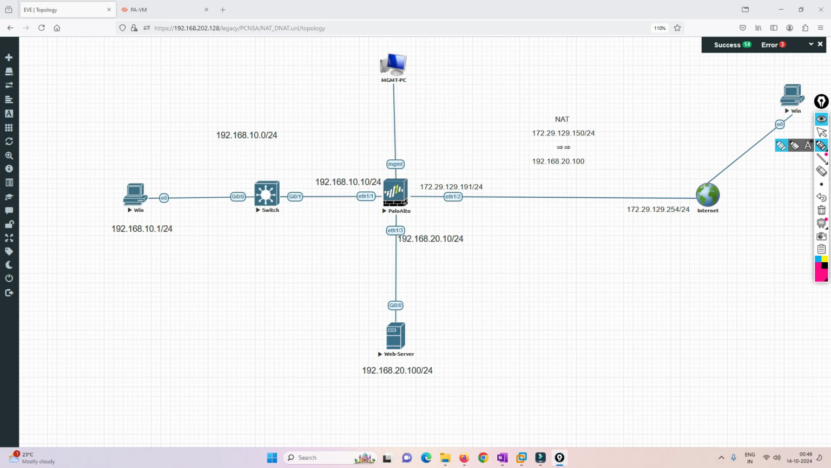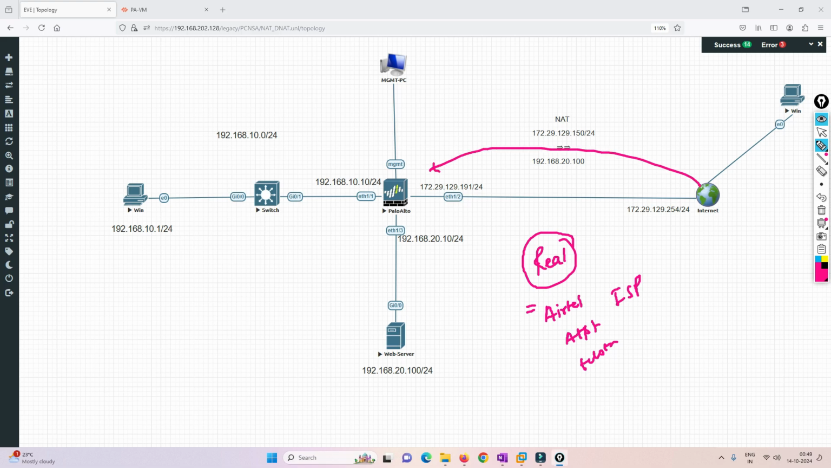Okay. Now in a real-world environment, what exactly happens is, let's say you are working with Airtel ISP or maybe AT&T or maybe Telstra, right? In this particular case, whenever you take an internet connection or you want a static IP address from a service provider like ISPs, once you take it, you will get an IP address something like this. So let's say, for example,